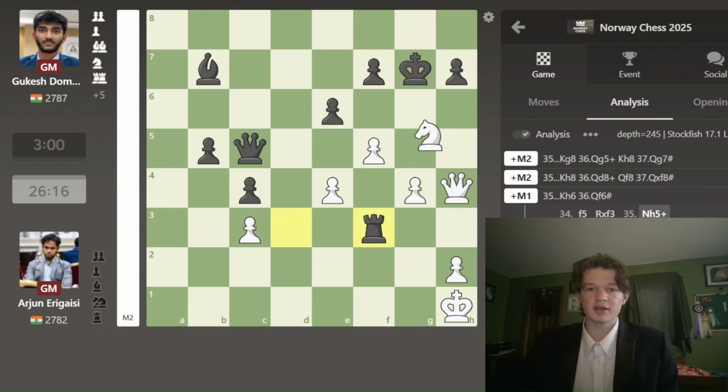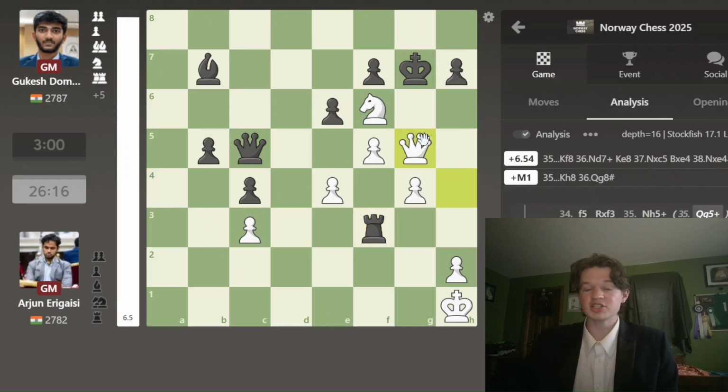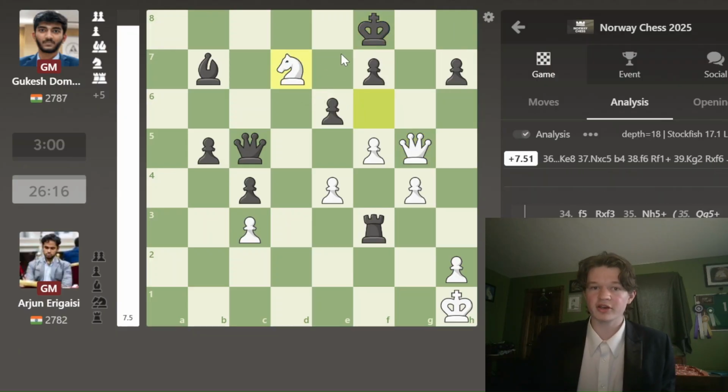And the other way would be queen g5, and then after the king moves back, for example, here, there's a fork here hitting the queen and the king. Although it doesn't win instantly, it's a completely winning position then for Arjun. He's up a queen, and the clock